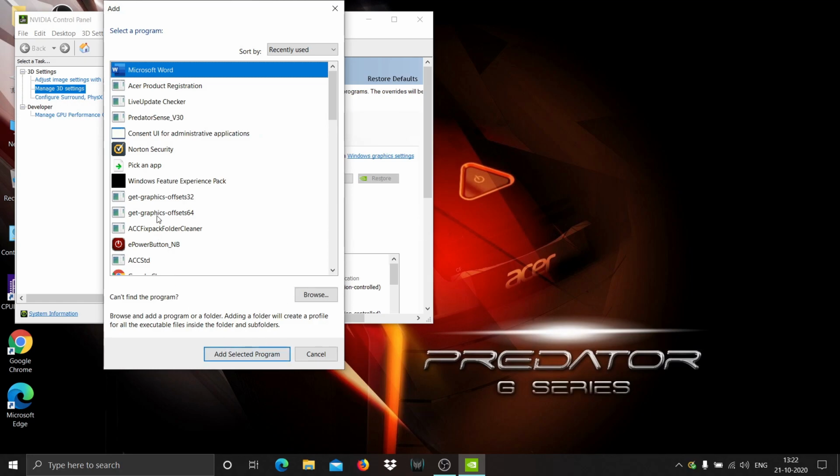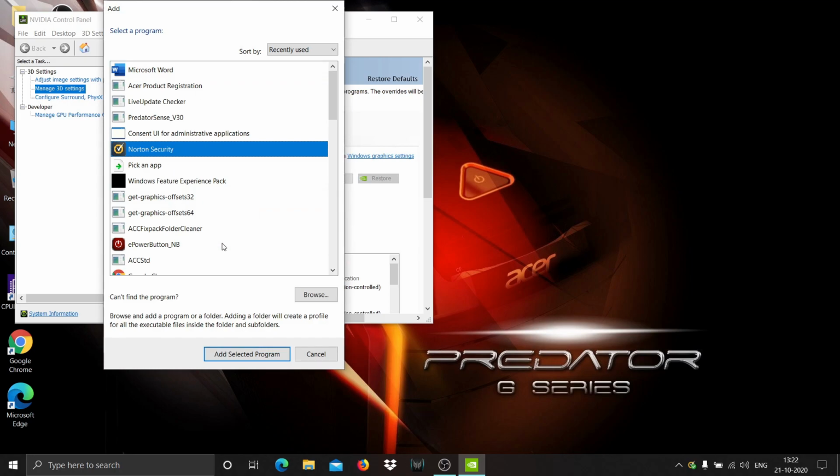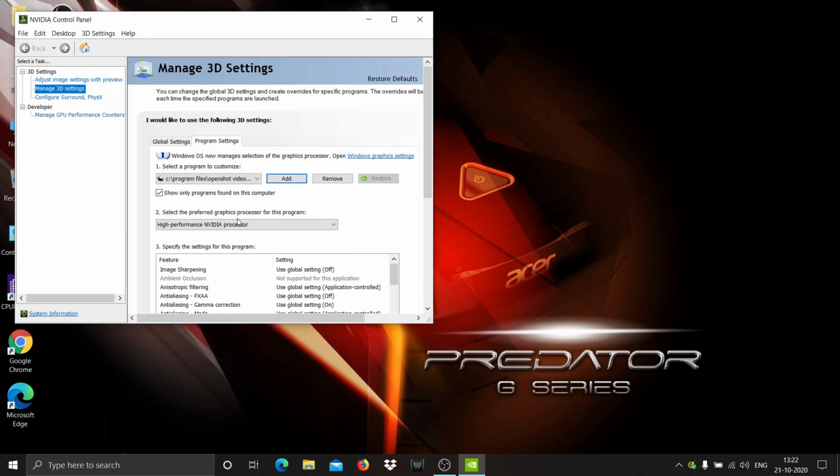In this way you can select any software that you need to run through the NVIDIA RTX 2060 and then add selected program. After that you have to go to this section where you choose which performance of the graphics card you need. Here is the integrated graphics card.